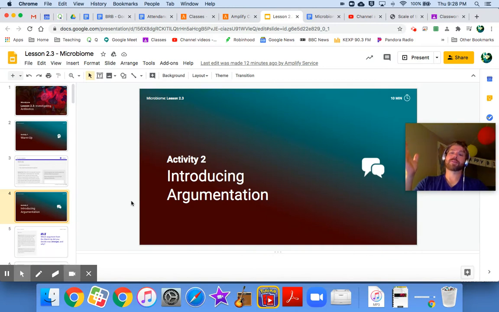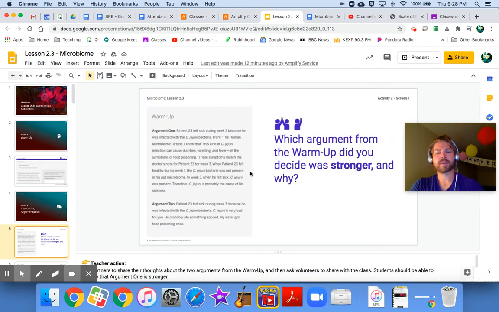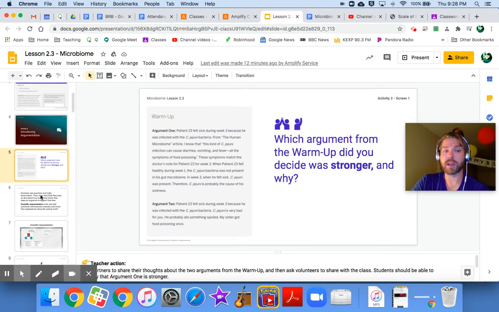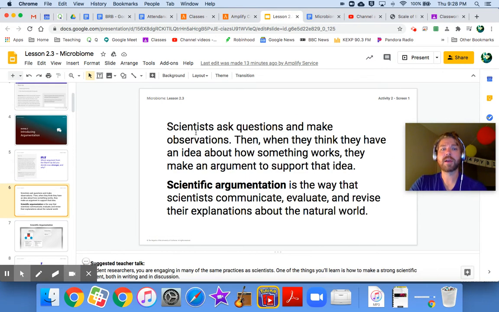I'm going to guess most of us chose argument one. Yes, it was longer. However, it was more convincing for a few reasons. It seemed like argument one tried to include more evidence to back up their claim. Hey, evidence, claims, we're going to start talking about all of these things right now. So which one did you decide was stronger and why? I'm curious to hear some of your descriptions when we meet together again as a class.